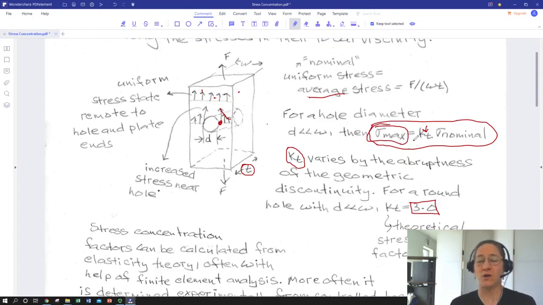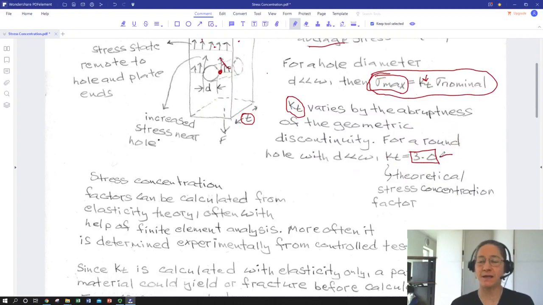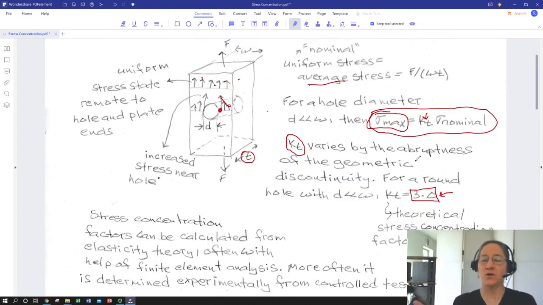So if we wanted to keep our max stress in a part below yield, or below yield times the safety factor, for instance, or any other value, we wouldn't use nominal stress as an input. We would use nominal stress times our KT. How big is KT? It's big. For a smooth through hole, where the hole diameter is much less than the largest dimension of a part, it's 3. So say we're designing against yield, and we have a yield of 100 megapascals, for instance, and we